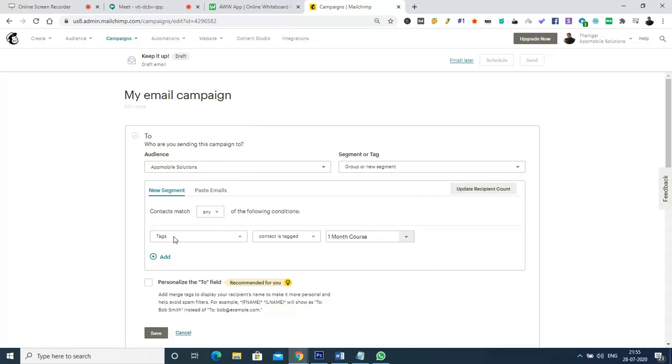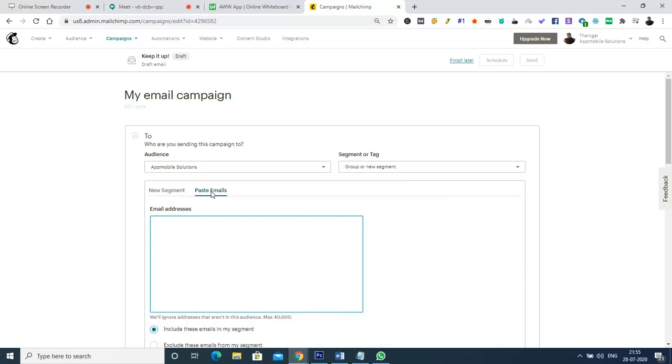And right now what we are going to do is we are not going to use any of these particular conditions. Rather, we are going to directly paste the email, and we are going to shoot an email. Okay. A quick email for whom the email IDs we have, and we are going to send a quick email. For that, I'm going to type some email IDs here. Okay, to begin with, let me enter my email ID,